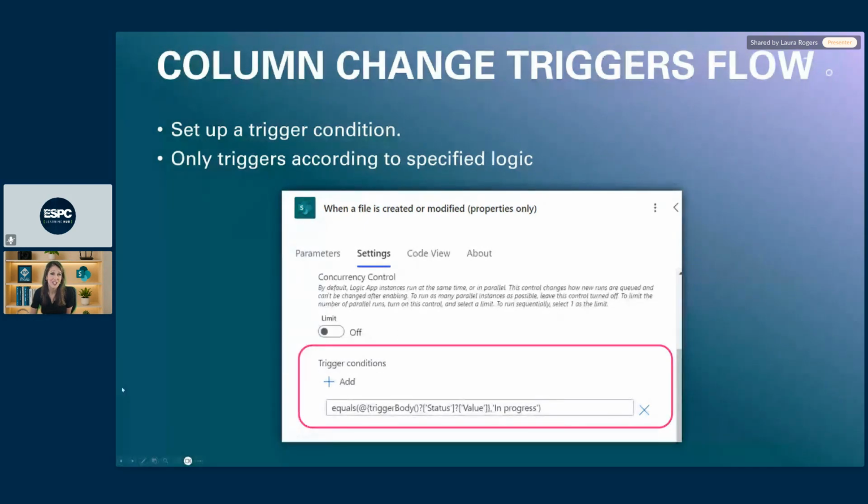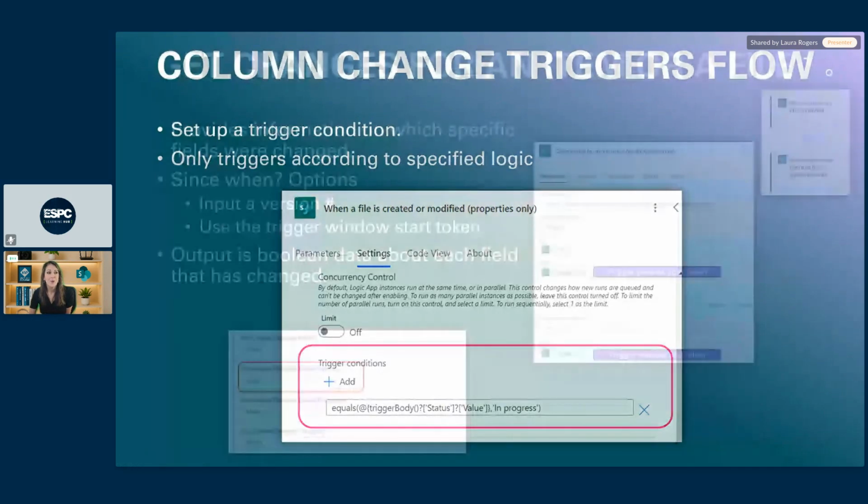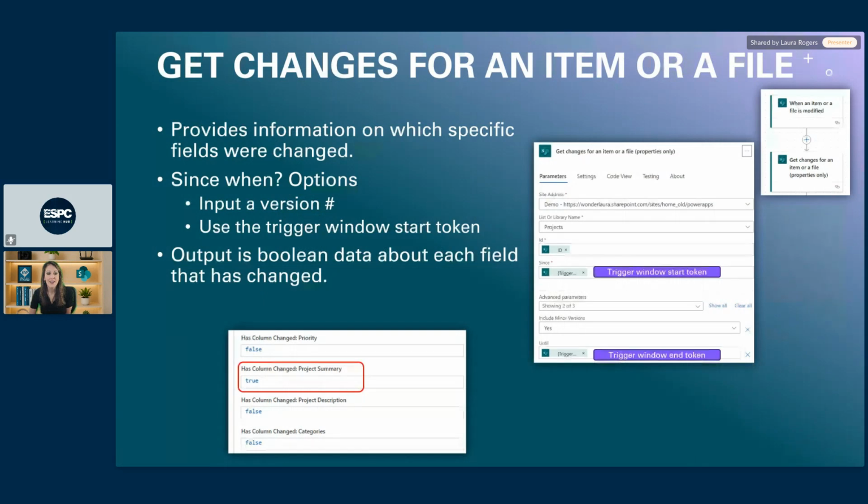Okay, so once the flow gets triggered, and I'll show you the trick for figuring out this kind of tricky syntax that it has. Once a flow gets triggered, then not only are we going to trigger it based on that specific value in that column, we're going to put a condition in there, only looking if that column was just changed.